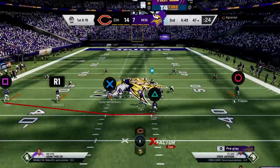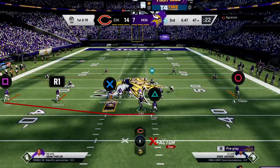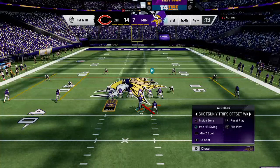Here we go. 60 outlaw. Let's get in there now. Alert flare, alert flare, flare,